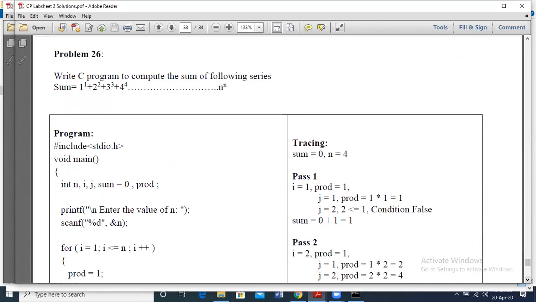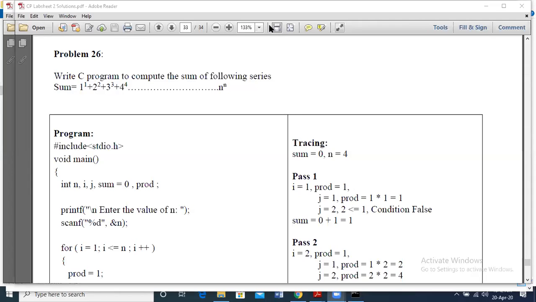Now what is this problem? I hope the screen is visible clearly. I asked you all to go through the question, right? Please observe this. So what is the question?